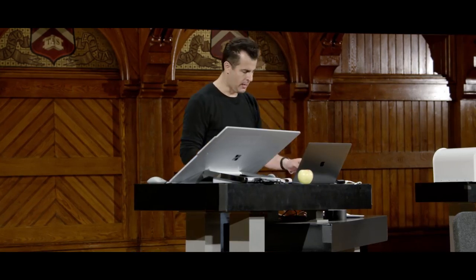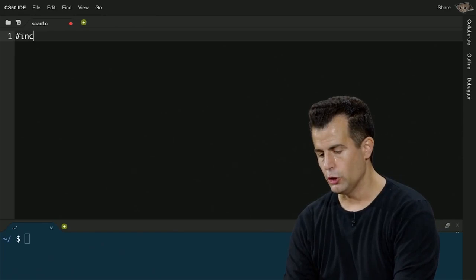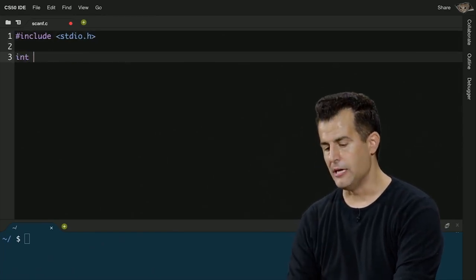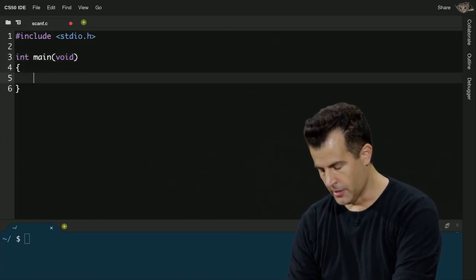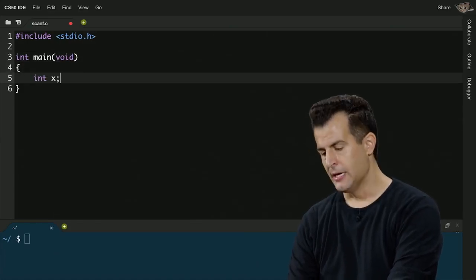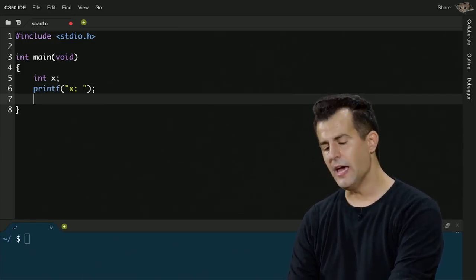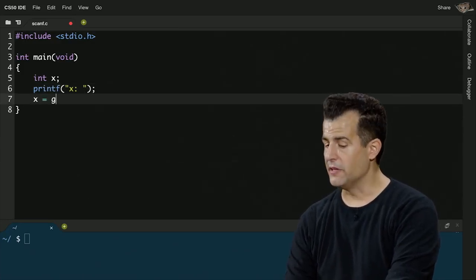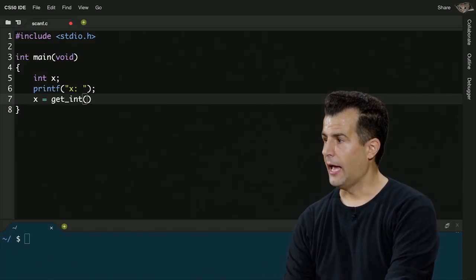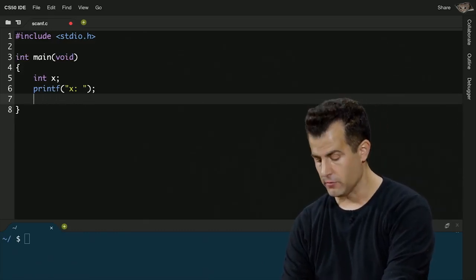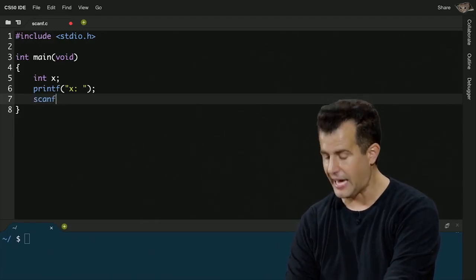Let me go ahead and first give myself include stdio.h, because I'm not going to use the CS50 library here at all. Int main void, so I have a default function. Let me give myself a variable x. And let me go ahead and ask the human for a value of x. Normally, I would have done this, getInt and get the int from the user. If we're taking away the CS50 library, we need an alternative. And it turns out there's a function called scanf.